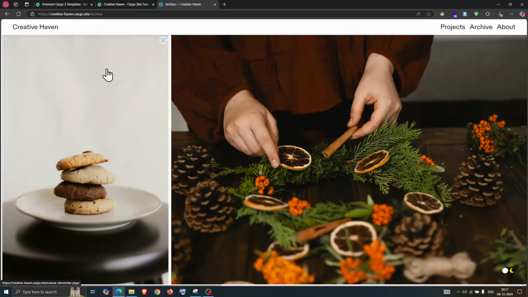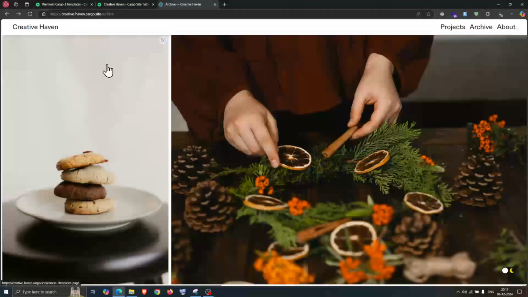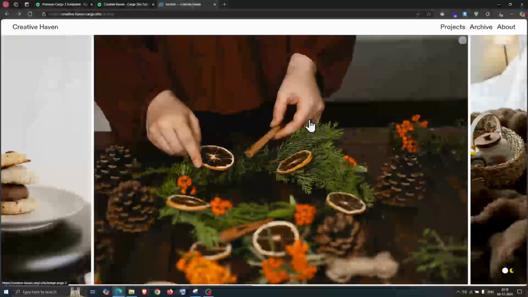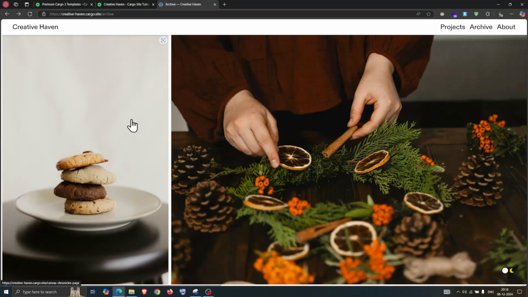This is also created using custom code, and if you click on any of the images, you can link it with other pages as well. This one is one of the pages, and it is created using custom code. To change it, you need to change the image source in the code.